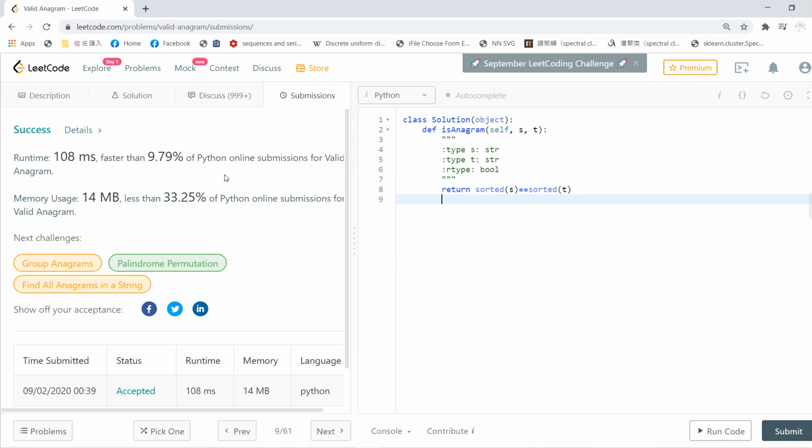So it's not very fast because we use sorted, so it's O(n log n). And if you use extra space, then you can go down to linear time, and you can see basically the linear time is the optimal time